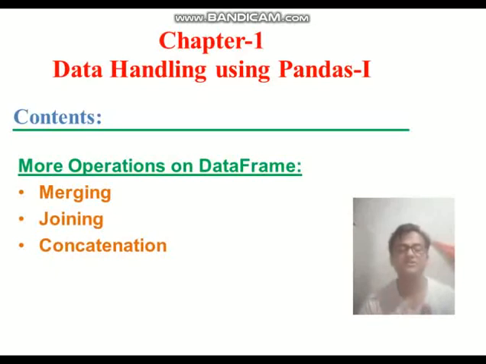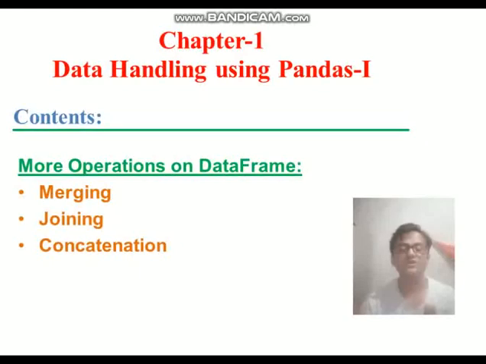In the case of join, we use the join method. In the case of concatenation, we use the concat method. What the basic differences are, what exactly we have to learn and where we need to use all such operations, we will learn in detail one by one.